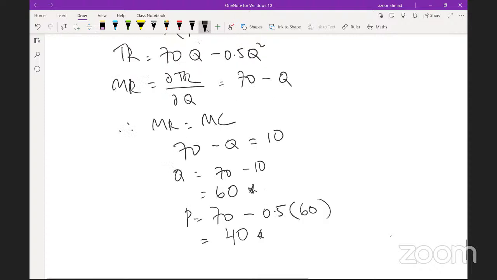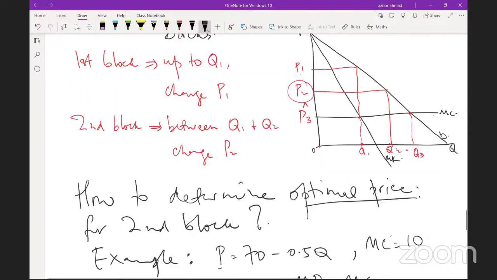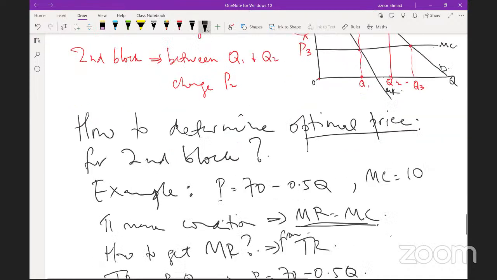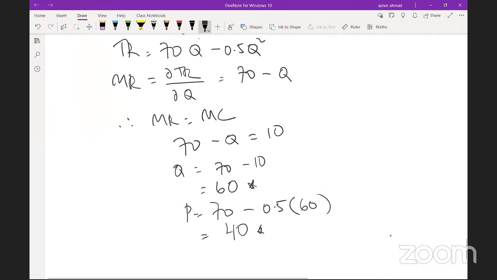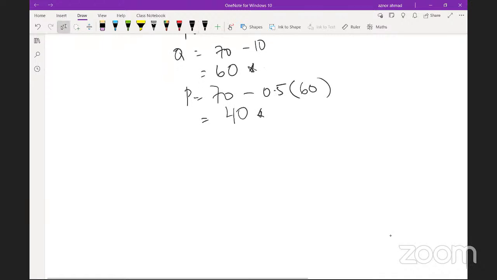So as you can see, if you put this back here, yeah? Never mind. Let me draw another one. That one is already very dirty. So if you draw again the price and quantity here,